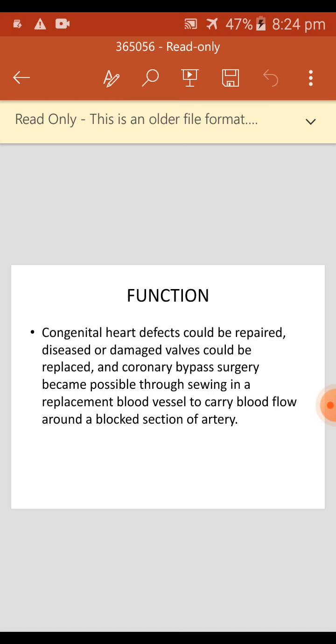Third one, mesh filters made up of a mesh of woven polyester strands, used as arterial blood filters and work on the principle of sieving. The pore size of mesh filters ranges from 20 to 40 micrometers. Unlike depth filters, mesh filters have little adhesive forces. Their retention properties are excellent, as air bubbles can only pass the filter medium when a certain pressure difference, the bubble point pressure, is reached.